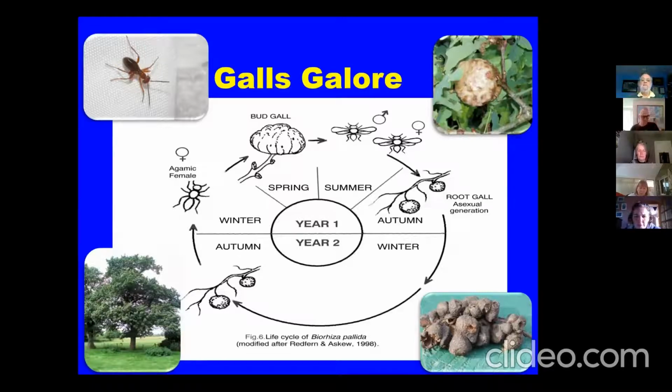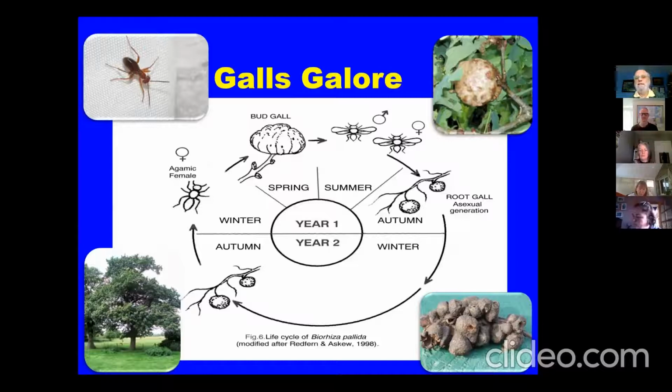And the wasps that emerge from the oak apple are males and females. And they mate, and the females migrate to the roots and lay their eggs and cause galls in the roots. And those insects stay in those galls for 2 winters. So it's got a 2-year life cycle. In late winter, they emerge, and that's the insect top left, which is a wingless